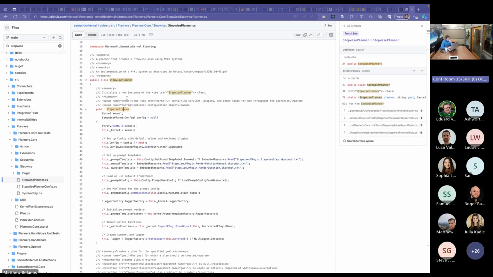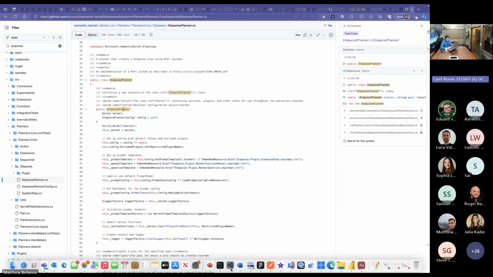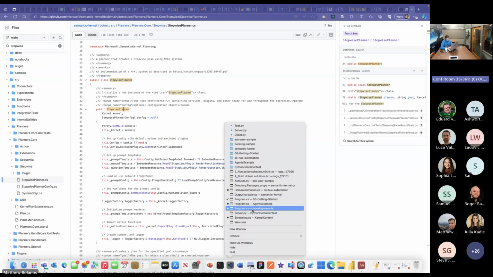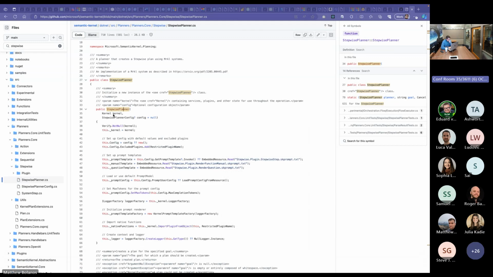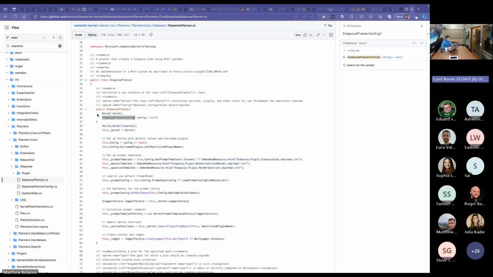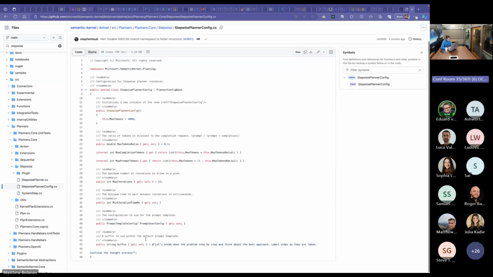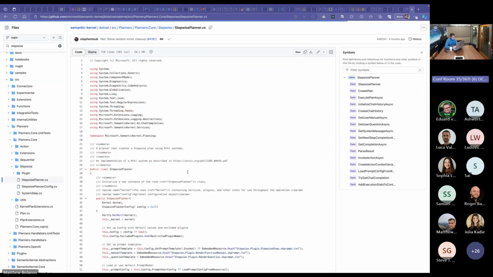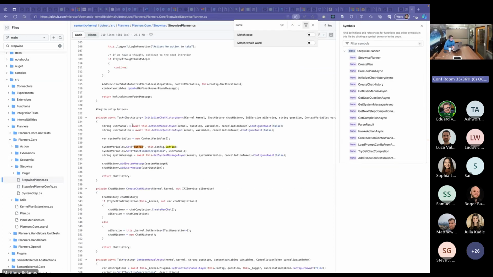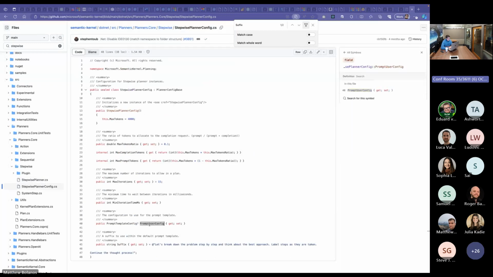Yeah, so okay, let's take a look real quick. We go into Visual Studio Code. Actually, I don't think I have the easiest way of doing this. Okay, let's just see where this information is used. When you create the stepwise planner, you can pass it that configuration object, and let's just figure out where this suffix is used. It looks like when the chat history is initially created, it adds this suffix. And then my guess is